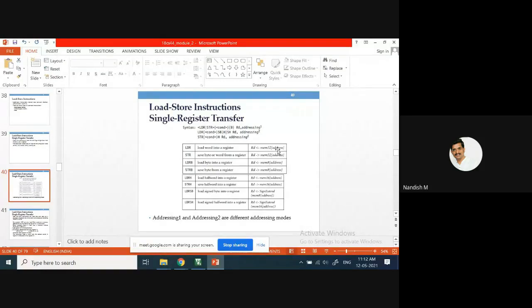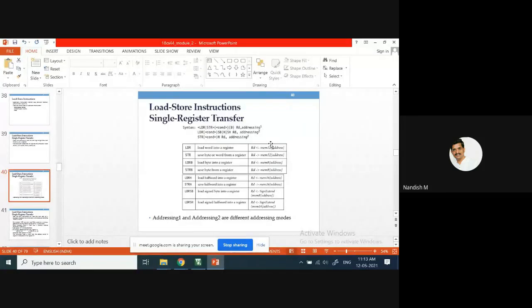What it indicates is, if you give the address to this function, it will give you the final value. That value gets stored into the register.